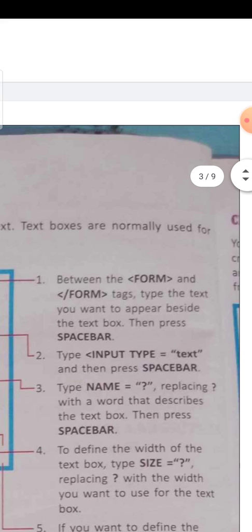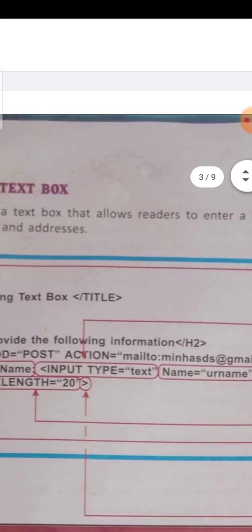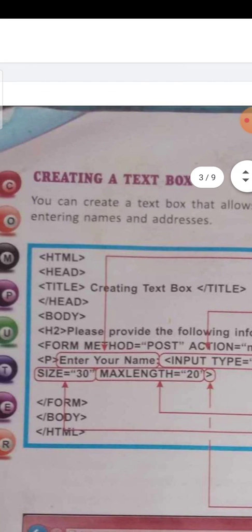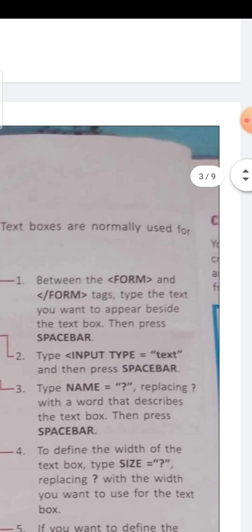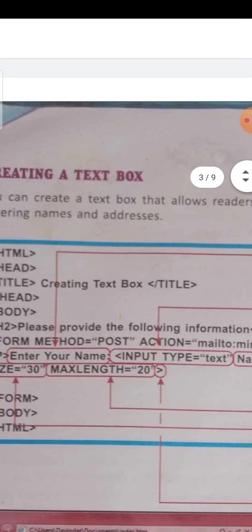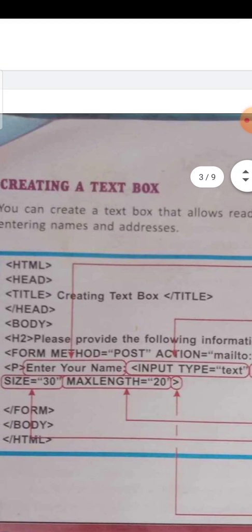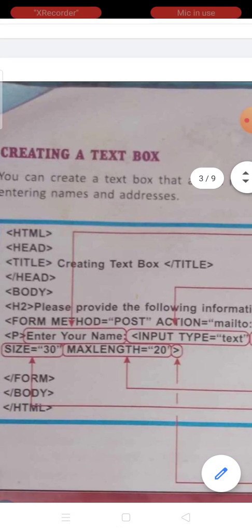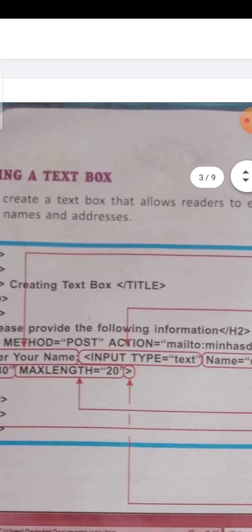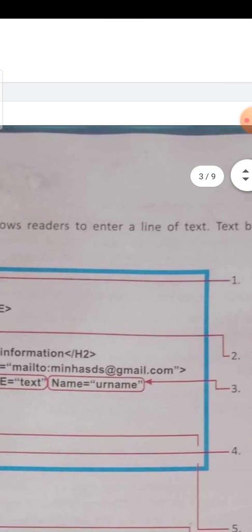It means between the form tags, type the text you want to appear beside the text box, and then press the spacebar. So I think now it is clear to all of you. That basically works as a heading, or as data, which gives you an idea that you have to enter your name. And then input type is equal to text.